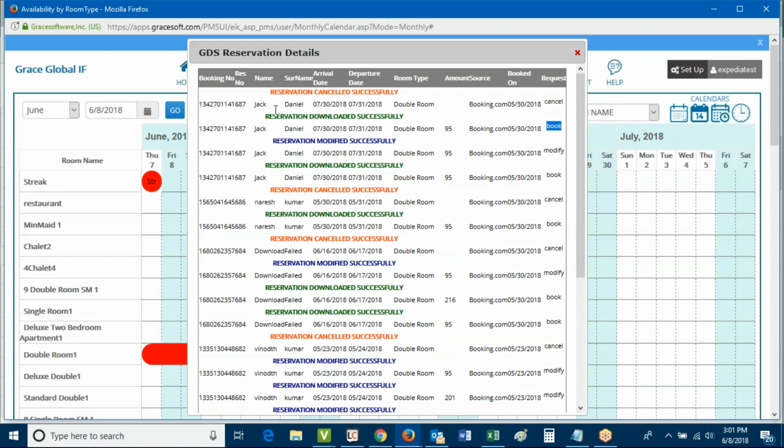I would recommend you always keep an eye on the GDS log to see when anything comes in, because if anything should happen to fail, you'll see reservation download failed, and it'll tell you why, most likely because of no availability or something of that nature. If you see that the reservation failed to download, that means that there is a reservation on the Booking.com or Expedia side that needs attention. So either a reservation will have to be manually created in Easy InnKeeping, or somehow the guest will have to